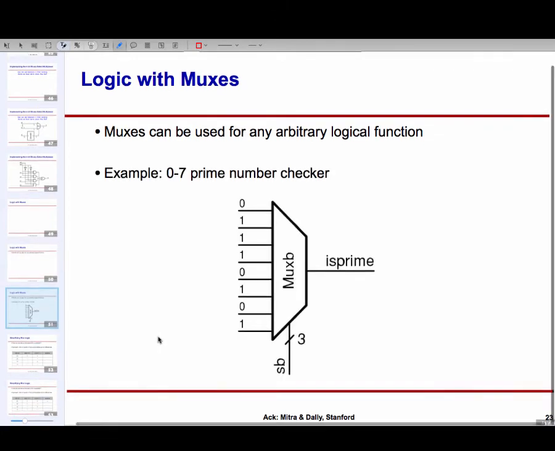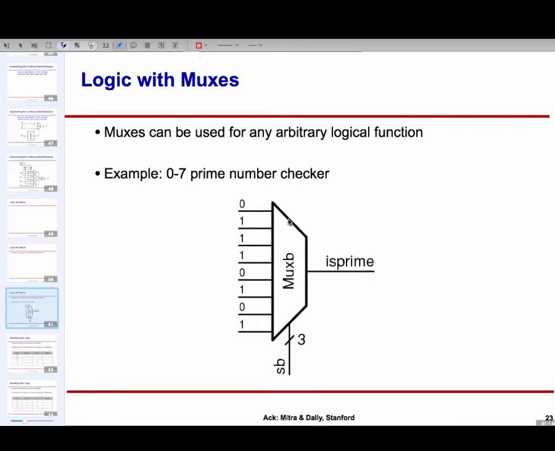Or in this example, I'm giving you an 8:1 multiplexer. It is a binary coded multiplexer, so it's taking 3 inputs. Now let's look at this control input SB.